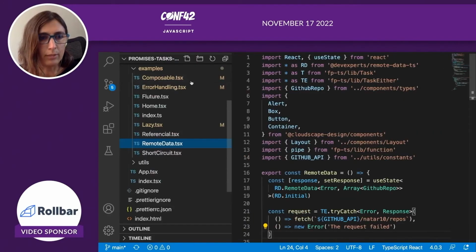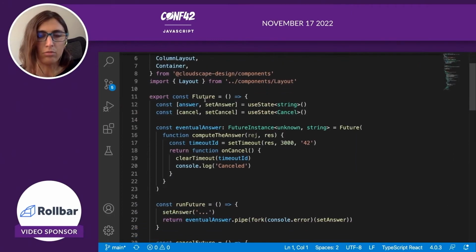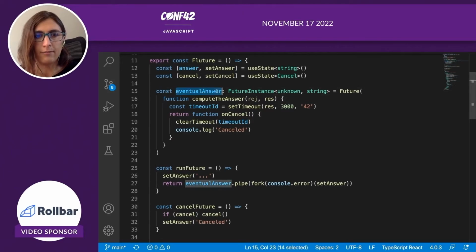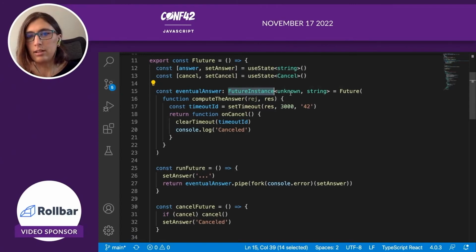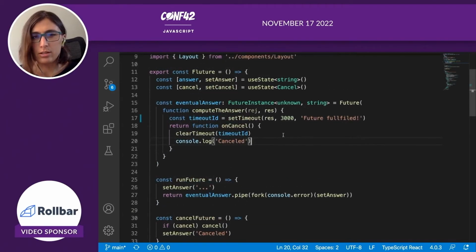First, let's check a little bit in the code. Okay, so long story short, the same. We defined the future instance, which is this one. Here we create the future. And the same as the TaskEither, it can be an error or a success. So here, to make it short, what I did is just define a future instance that is going to return something if error or a string if